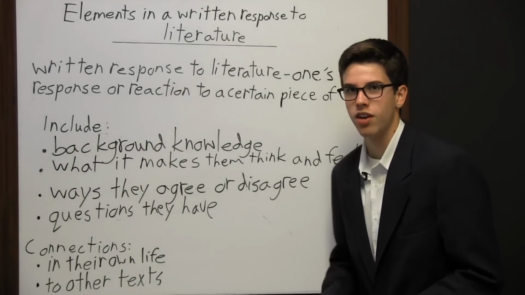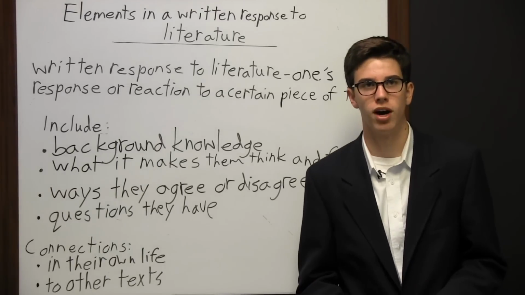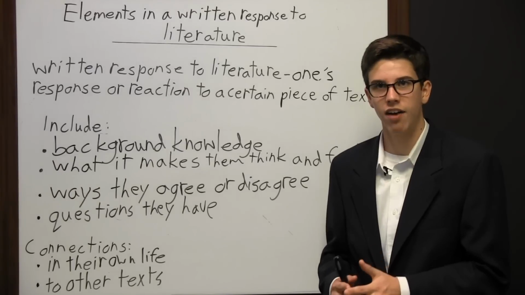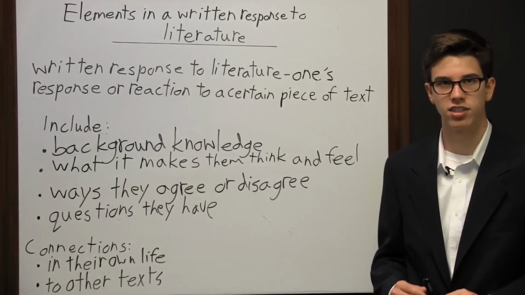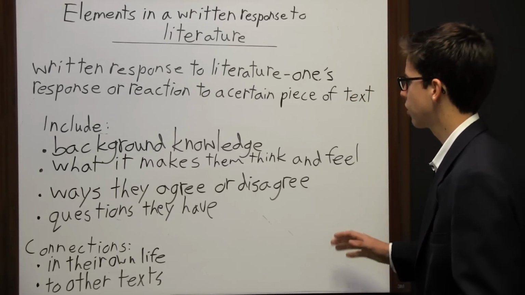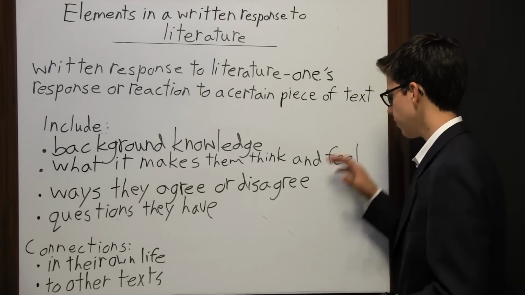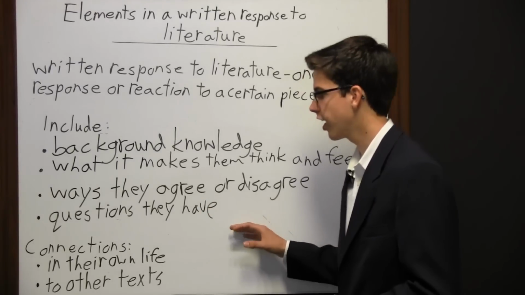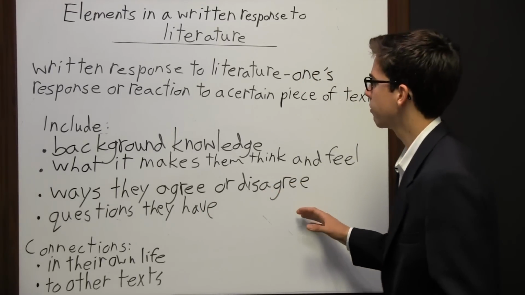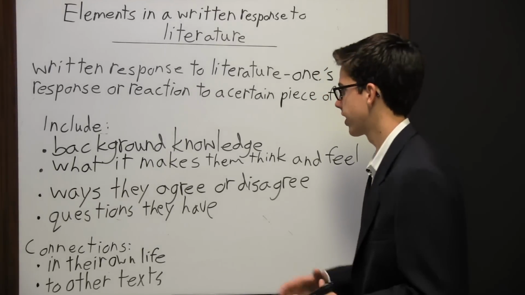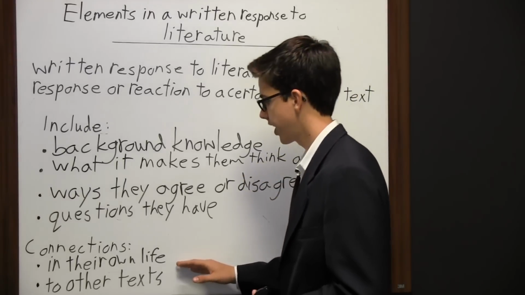evidence from the text. And so usually this is going to come in the form of direct quotes. Because when they use these direct quotes from the text, they can then support and strengthen their response. If they never actually quote the article, then their arguments are going to seem somewhat vague. But if they can include exactly what the author said, then build a strong argument, then people are more likely to believe them. And if they have strong credentials, like lots of background knowledge, lots of connections to their own